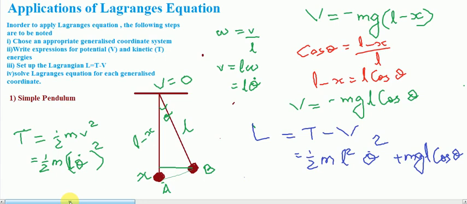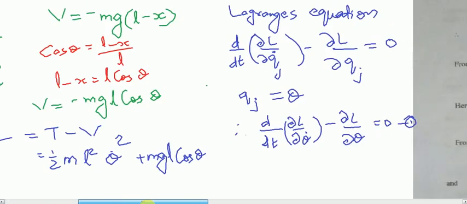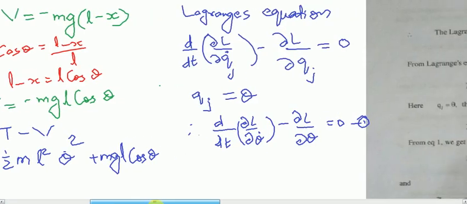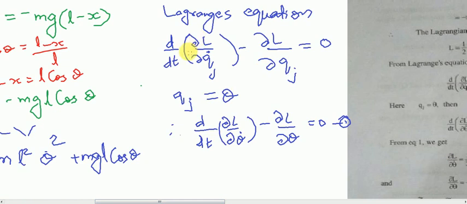As a continuation of that, now we are going to the applications of Lagrange's equation. You all learned Lagrange's equation states that d by dt of dou L by dou qj dot minus dou L by dou qj equal to 0,